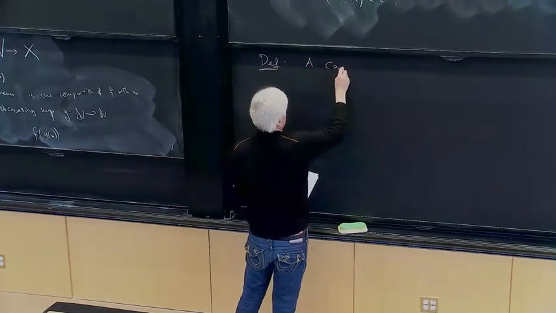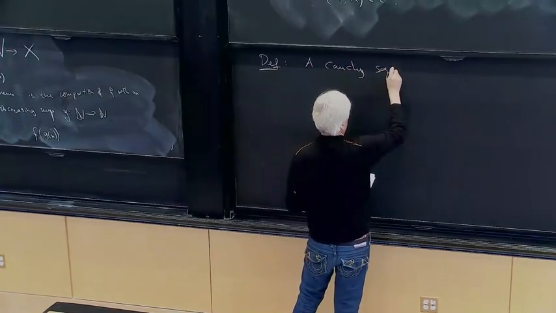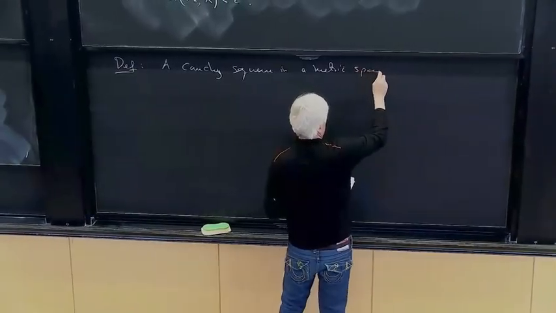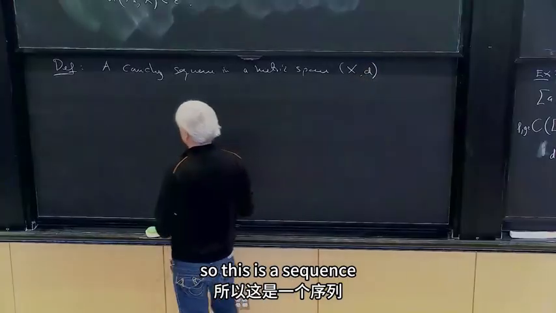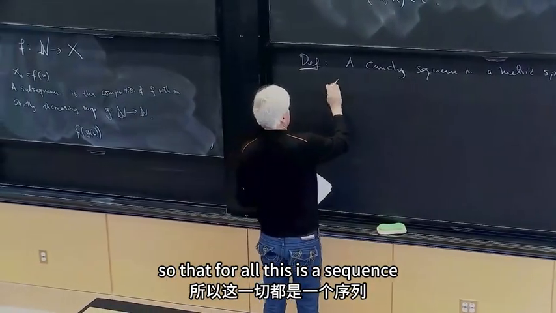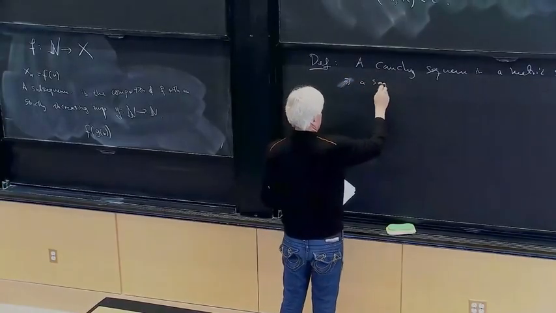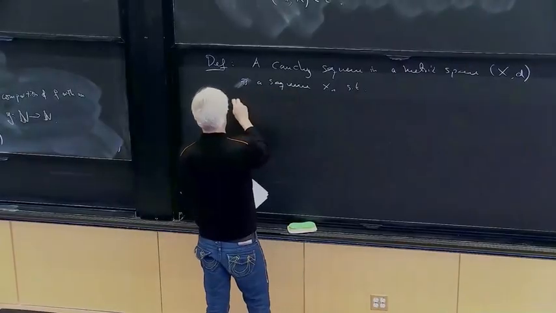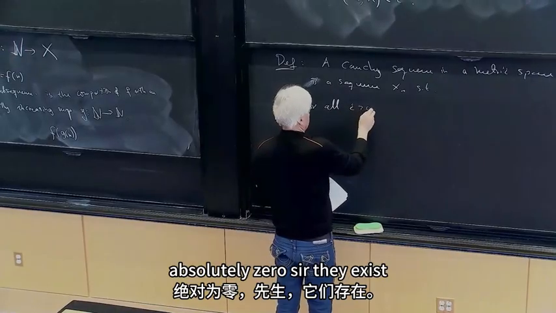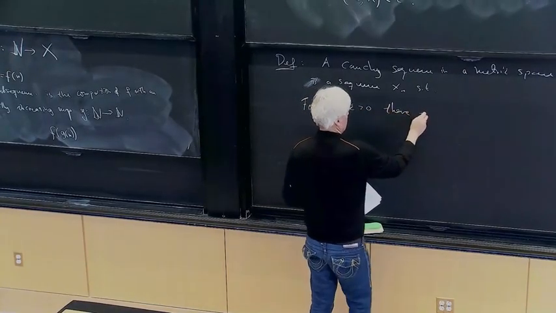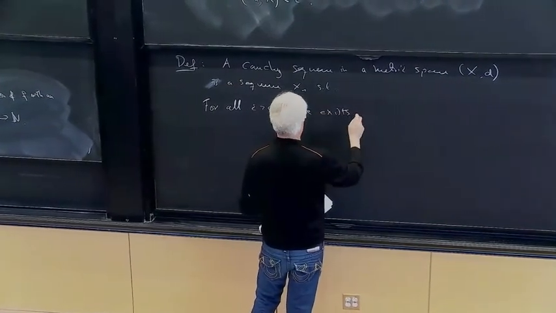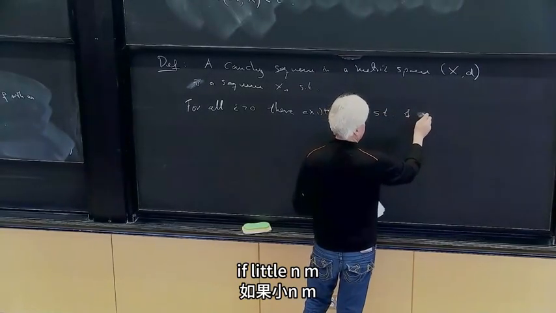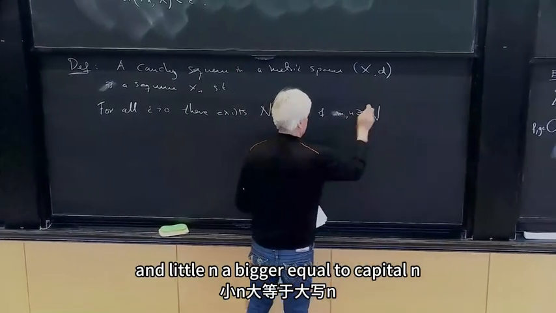A Cauchy sequence in a metric space (X, d) is a sequence x_n such that for all epsilon greater than 0, there exists capital N such that if little n and little m are bigger or equal to capital N,